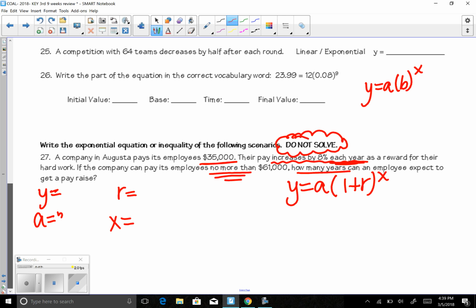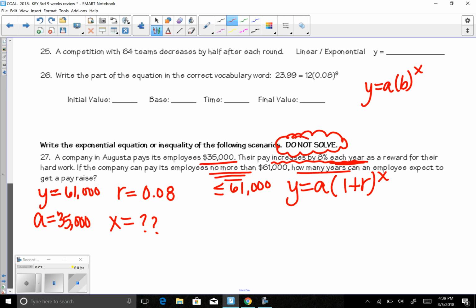So your starting value is 35,000. The increase is 8%, 0.08. And it says how many years can they expect to get a raise? That's time. And we know it's no more than 61,000. No more than means less than or equal to